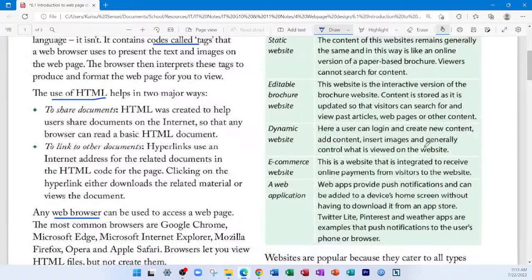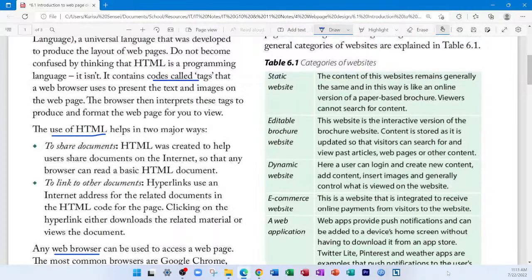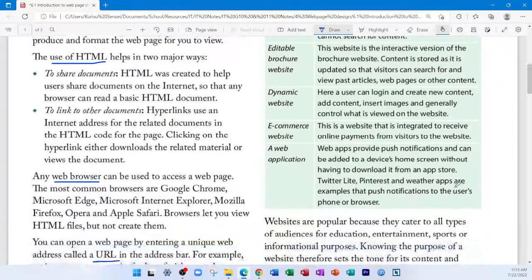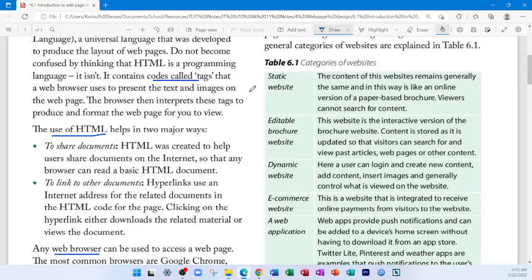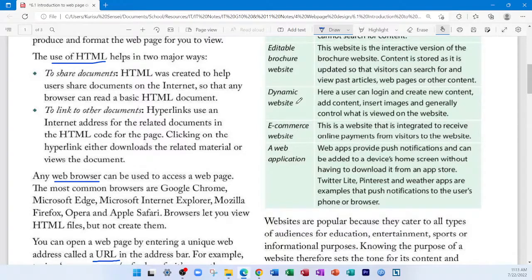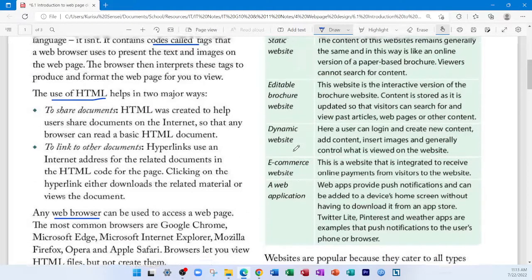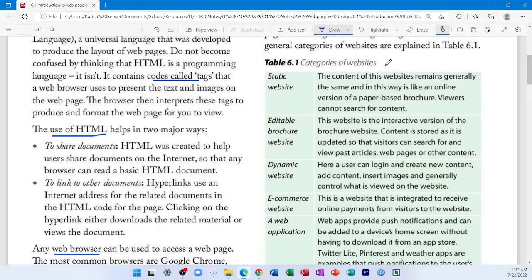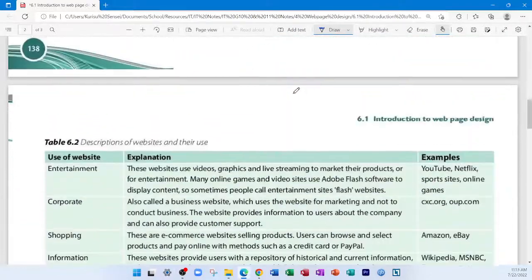So today we'll continue with this table. We're looking at the categories of websites. Basically, when you look at a website, it should fall under one of these categories here. It should either be a static website, an editable brochure website, a dynamic website, an e-commerce website, or a web application. When you look at a website, it will be under one of these categories. But then also we have